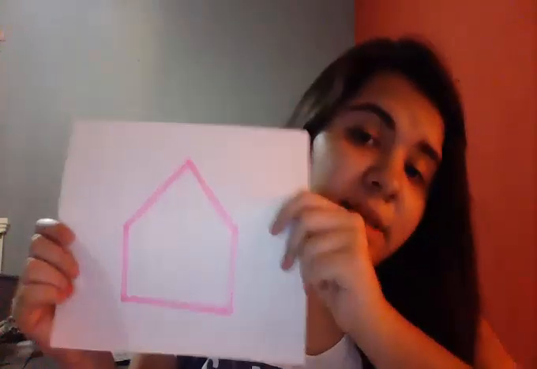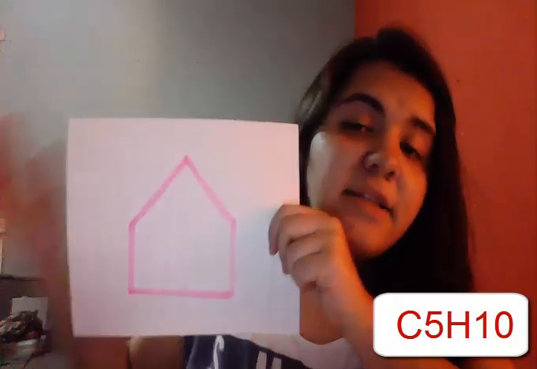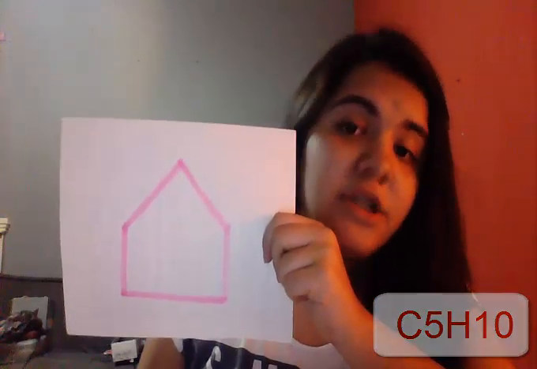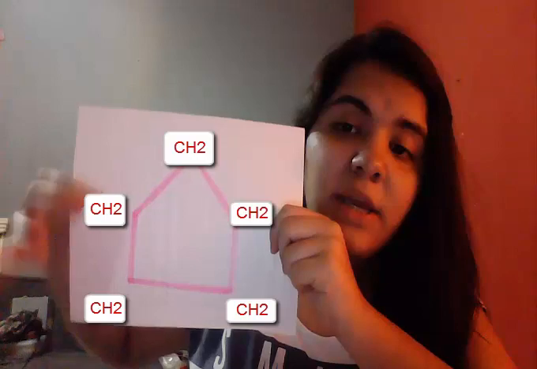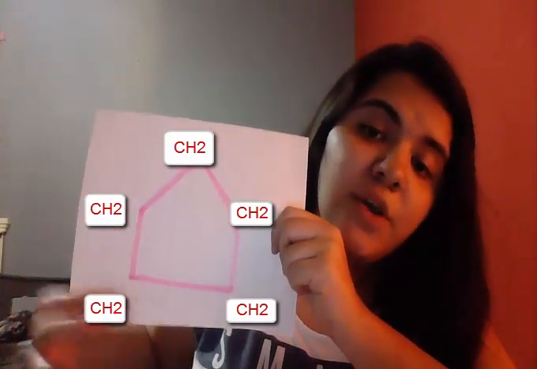Another example is cyclopentane. Cyclopentane is this. It has 5 sides, so that means it has 5 carbons and 10 hydrogens. 1 carbon here, 1 here, 1 here, and 2 hydrogens here, 2 here, 2 here, 2 here, and 2 here. Cycloalkanes are classified into small, common, medium, and large, and cyclopropane and cyclobutane are considered small, and cyclopentane are